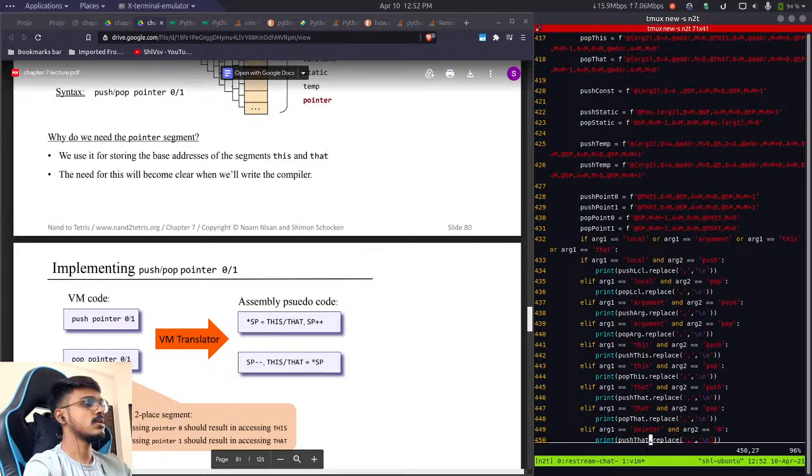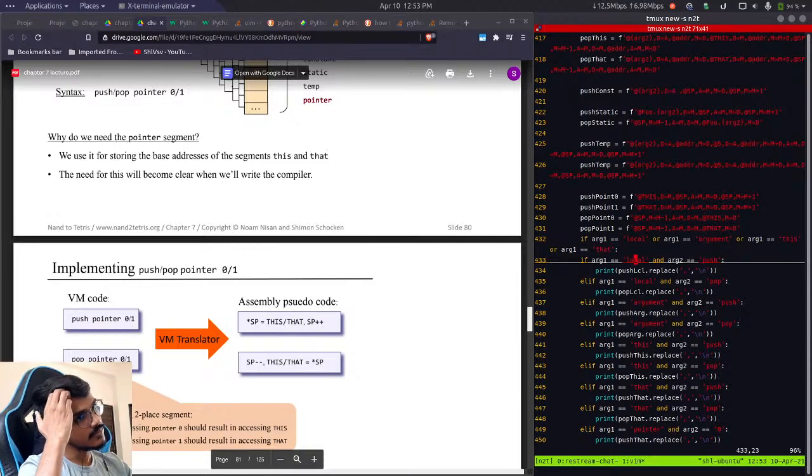In this case, oh wait, I think we might have a problem. We have got it backward. So this argument 1 contains the push